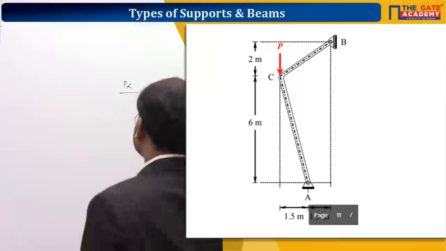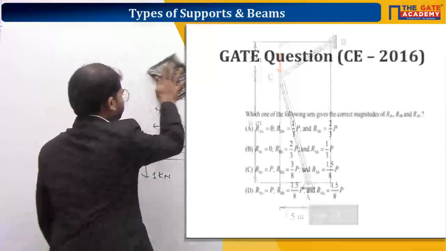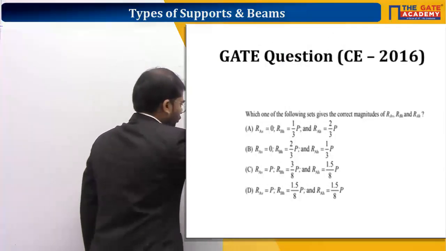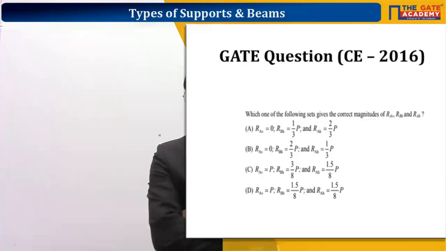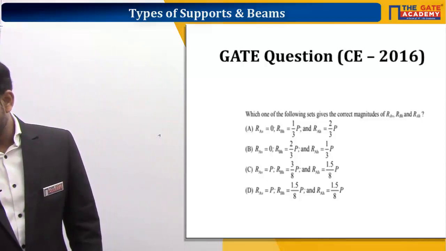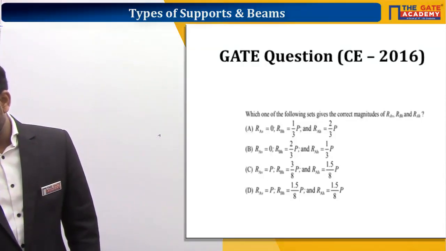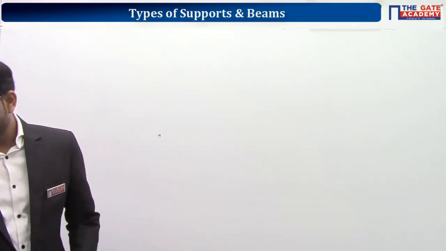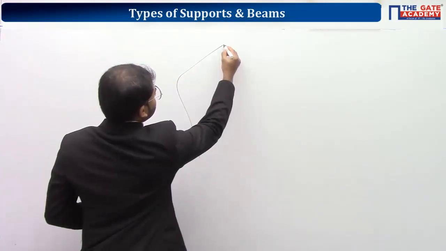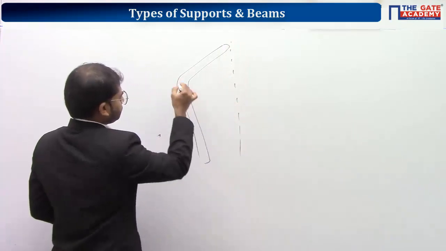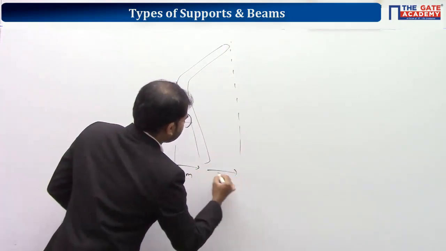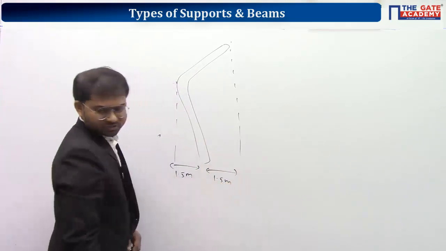So these are the options. You can find out the best appropriate answer. You can think smartly and get the answer fast as well, because you don't have to do all these 3 steps. It's simple because you can get the answer by looking at the options. So here, the free body diagram of the member is like this. It is 1.5 meter, and it's also 1.5 meter.